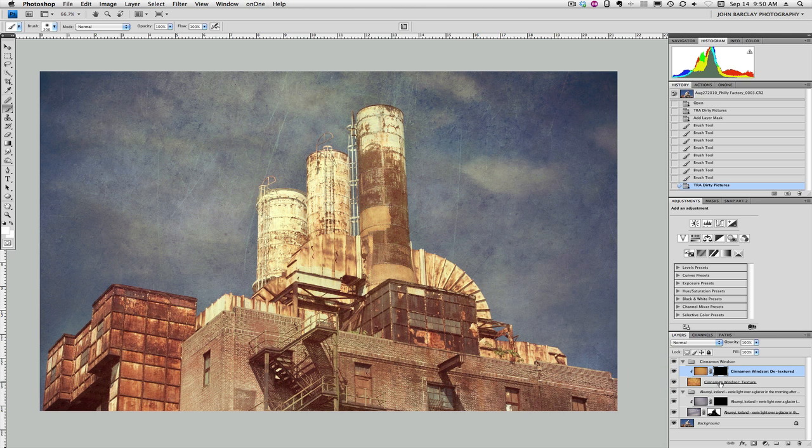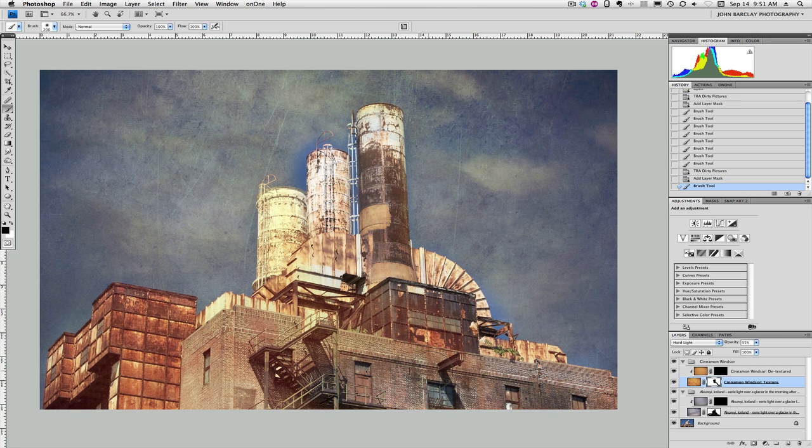So I'll go to this particular layer over here, add a layer mask, make sure that I'm painting with black or white, hit my X key to paint with black, and bring this back to its original. Again, if you don't want to do this, that's your choice. I'm just trying to point out the